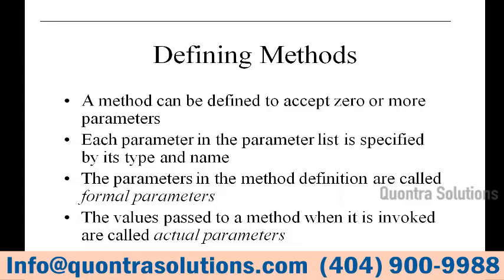So assume that you have a function called add of integer A, integer B, and you have written all the functionality of the add method in your function. The add of integer A, integer B are called the formal parameters because those are used while you are defining your method. But when you are calling the add method, like add 5, 6, the 5, 6 are called the actual parameters.